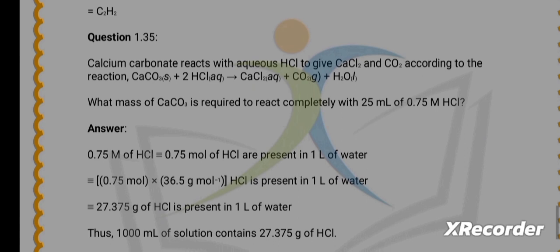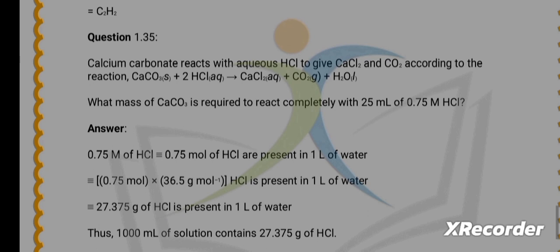Now the next question is, calcium carbonate reacts with aqueous HCl to give calcium chloride and CO2. According to the reaction, calcium carbonate plus 2HCl give rise to calcium chloride plus CO2 plus water. Then what mass of calcium carbonate is required to react completely with 25 ml of 0.75 M HCl? क्लियर, कितना मुझे कैल्शियम कार्बोनेट चाहिए कि वो 25 ml सोल्यूशन है और जिसकी मोलैरिटी 0.75 और कम्प्लीटली